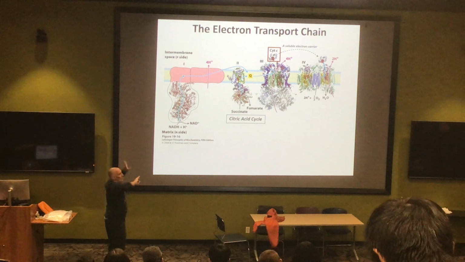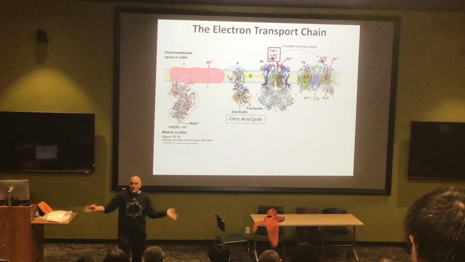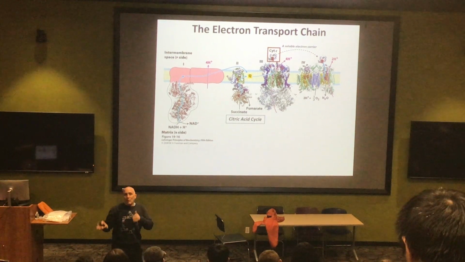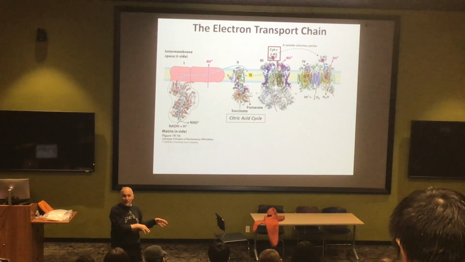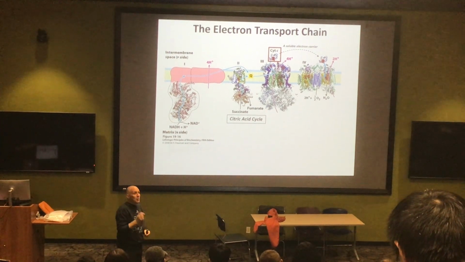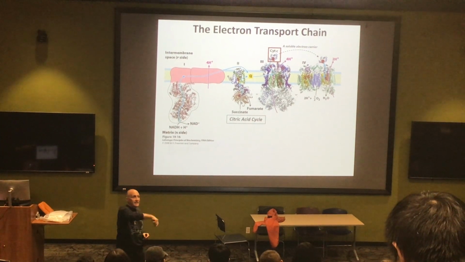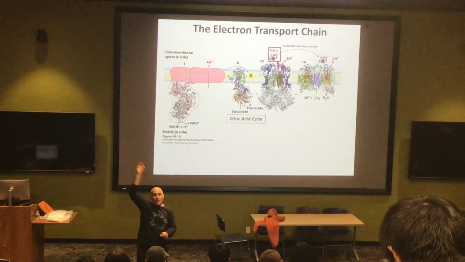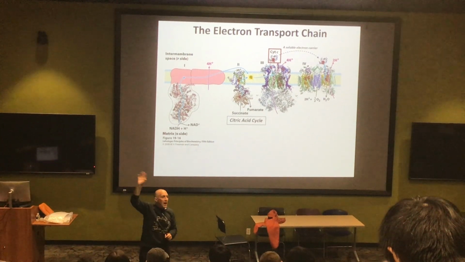The other question: why are we even doing this? Like, what's the point, right? We're just shuttling electrons from one place to one place to one place. And the key to understanding that is to remember that we are always moving electrons down their potential, right? So the electrons are starting off here at a very high potential.